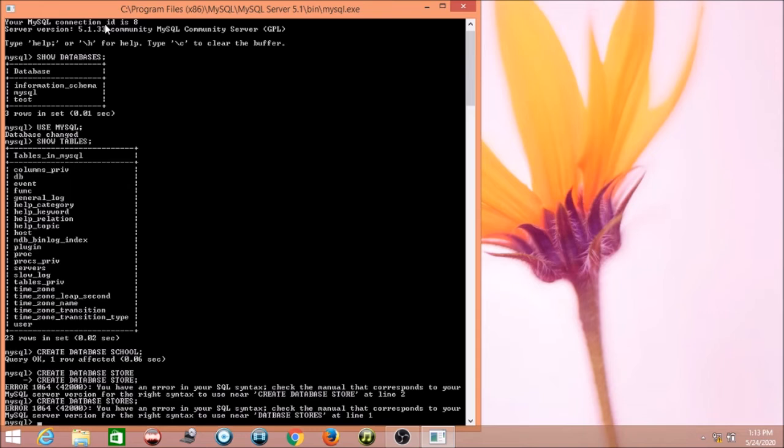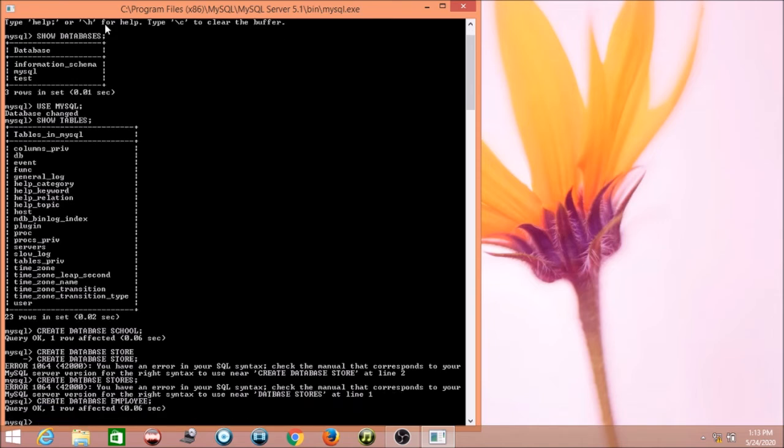Okay, I will create a new database like create database, with the name employee. Now query okay, one row affected. So I have created two databases, one is the school database and another is the employee database.